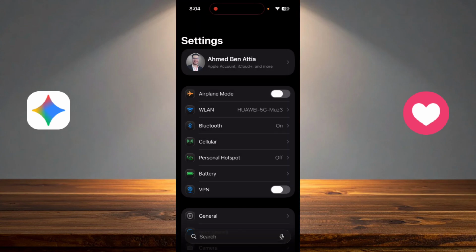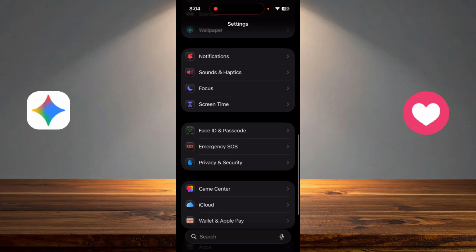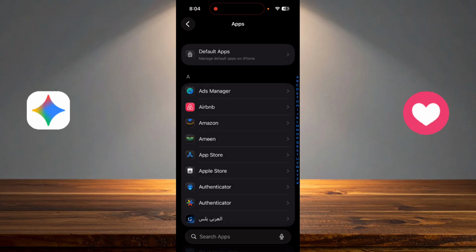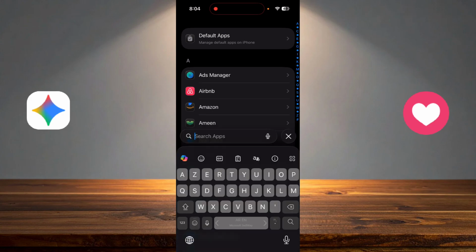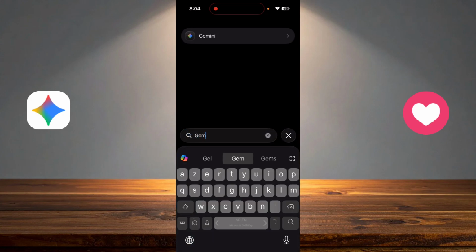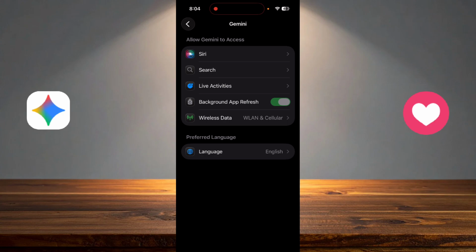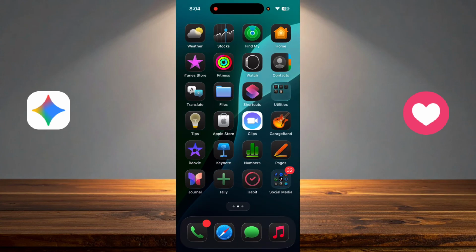To do this it's very simple. You just have to go to settings. After that scroll down until you find apps. Click on it, and after that type Gemini. Click on it, and as you can see the language is set now to English, and I will show